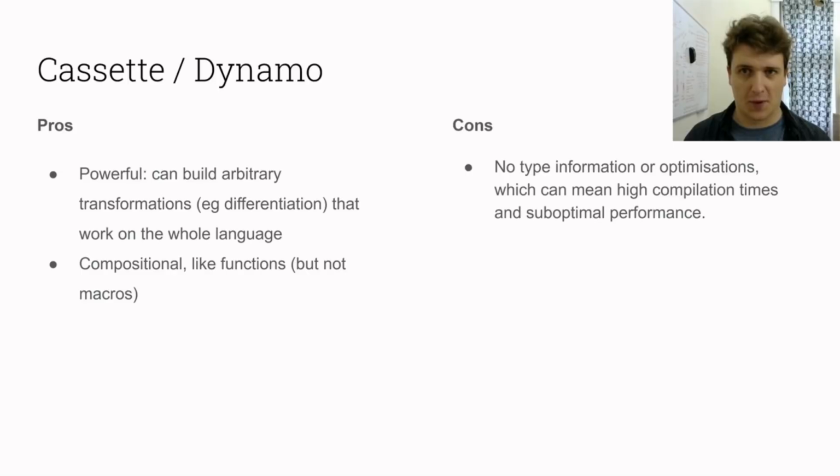So the problem with this kind of generated function trick is that it happens before we have any type information or optimizations. So what tends to happen when you're doing these kind of transformations is that you end up transforming code which would usually be redundant, optimized away by the compiler. So for example, things like dispatch or tuples which might be elided at runtime and that kind of thing. But by the time you've transformed it, it's more complex. And so the more complex code, even though it's still redundant, it's harder for the compiler to realize that and